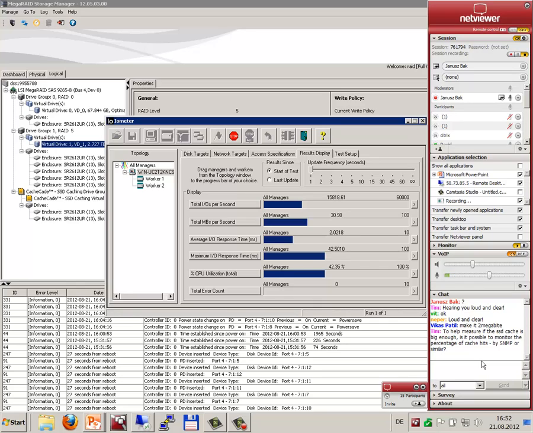Yes, the monitoring of the cache is possible, but here I must say I was not digging in this area yet, so I will check it and I will answer you after the webinar. Please be so kind and send me the email reminder about this. Okay, there are also many different things which are very interesting, and many of them are available in